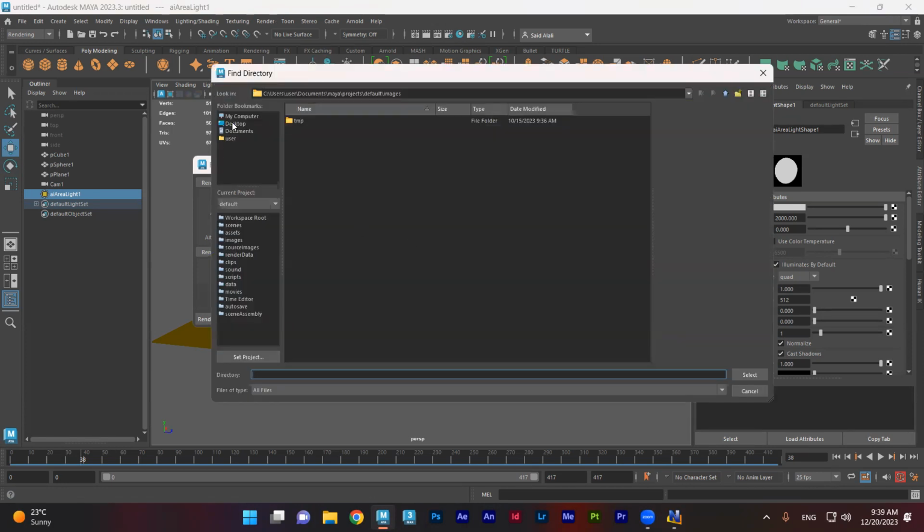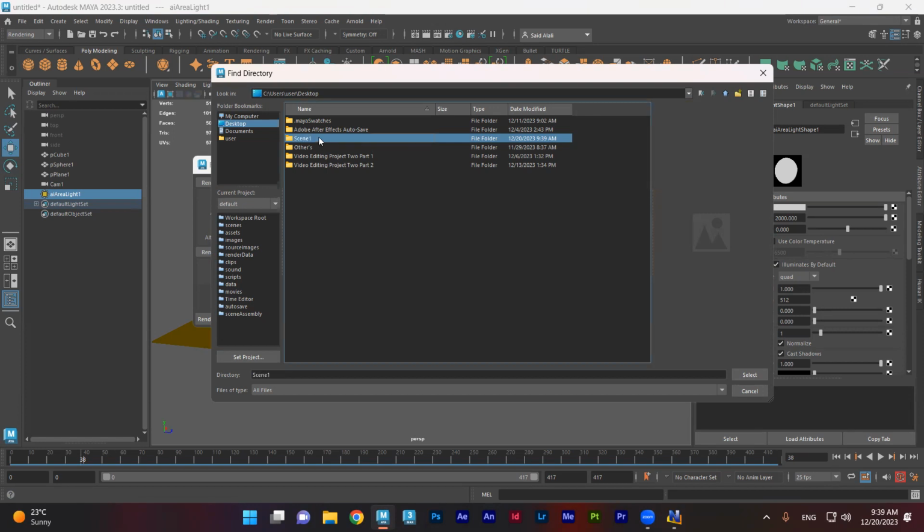We need to specify the output location. Try always to select a folder, not a public space. For example, here I have scene 1. After you select,